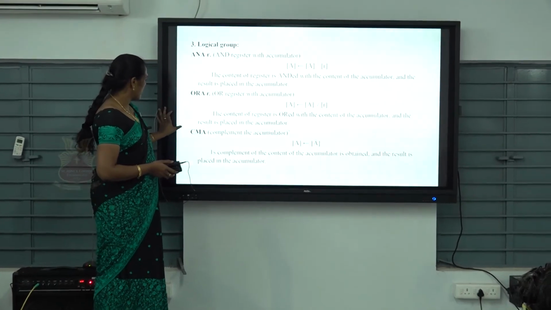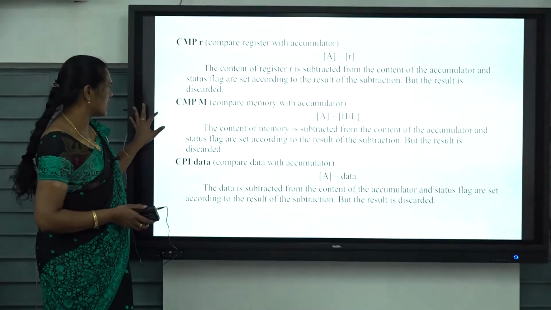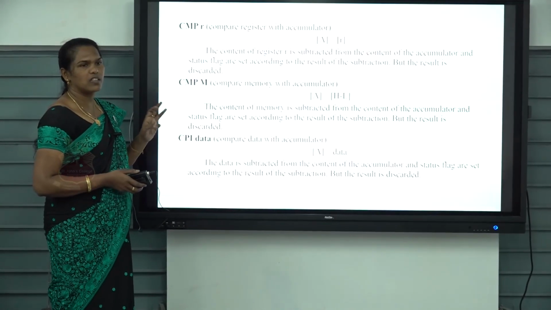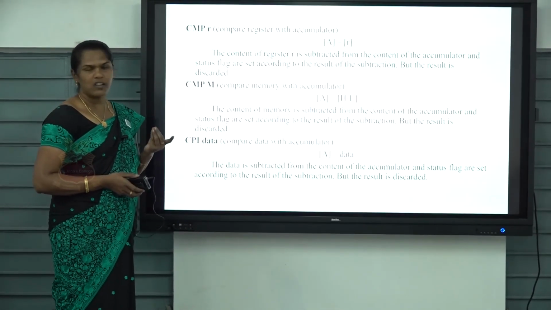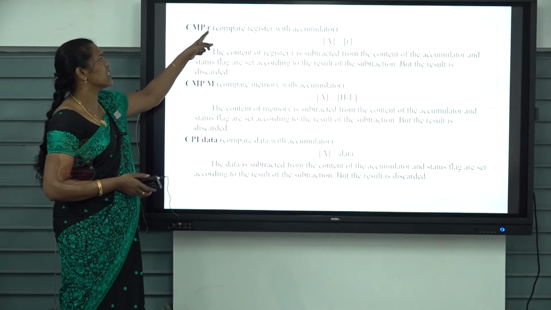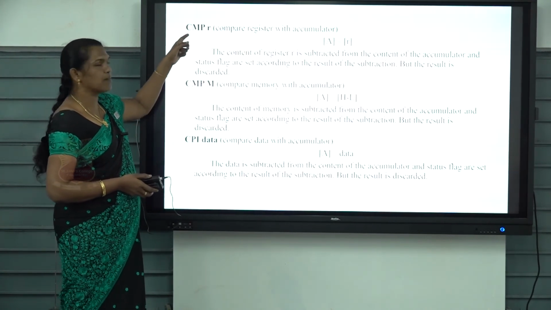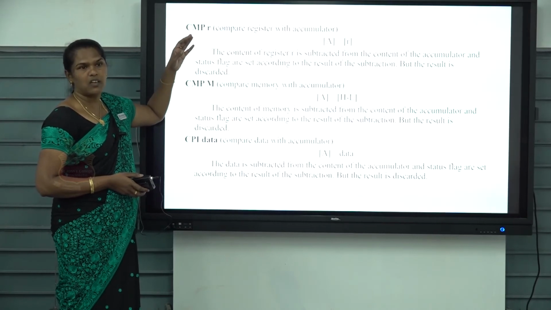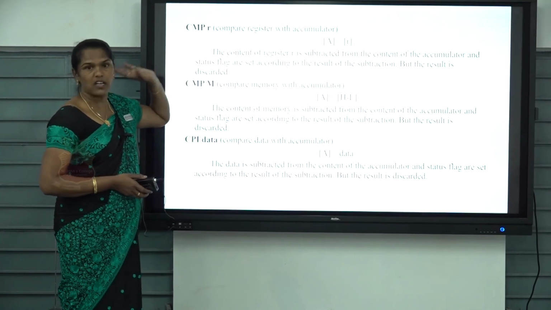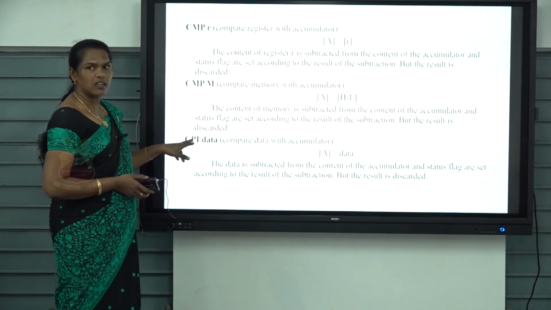So here we have AND gate, OR gate, NOT gate, then another instruction, the compare instruction. This is under the heading of logical instructions. What are all the instructions we already have? AND, OR, NOT, and the fourth instruction is the compare instruction. CMP C means C register content is compared with accumulator content. Okay. For the purpose of comparison or subtraction, descending order, ascending order, like that in programs, we may use this compare instruction. Then CMP M, memory register content is compared with accumulator content.